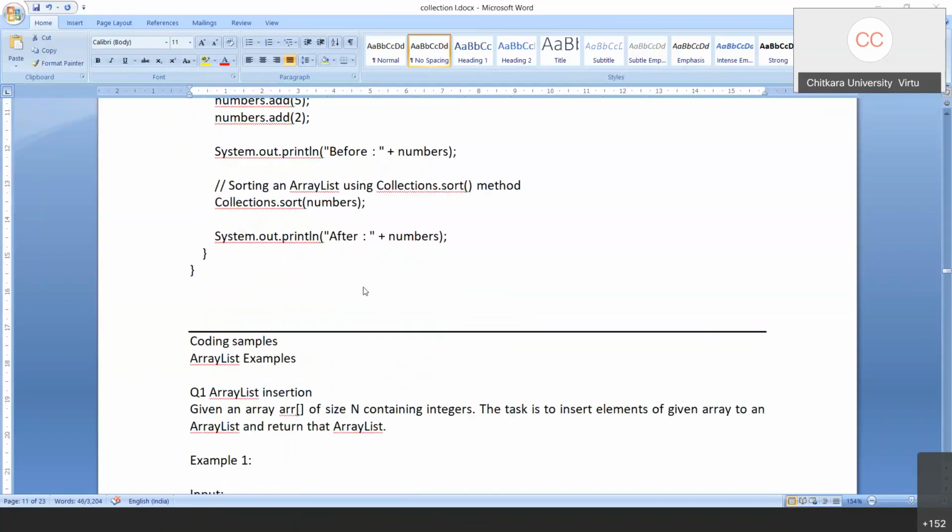Now what I want you to do is check the documentation and tell me how, by changing just one particular line, we can display it in the reverse order. This is ascending order, I want a descending order. So you're free to use the documentation, take 2 minutes and come up with the solution.